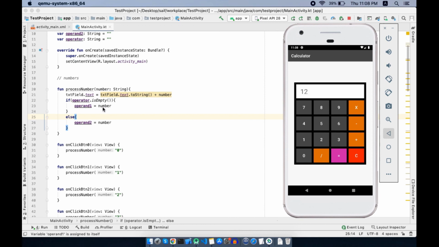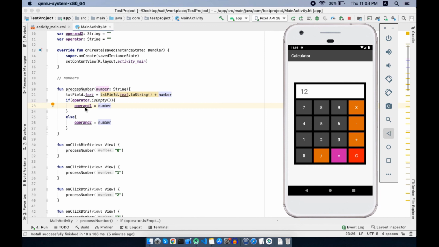So this condition will execute and here you can see the problem. Now this variable number is having value 2. So what we are storing in operand 1? We are storing 2 in operand 1, not 12. So we are overwriting the new digits on our operand.